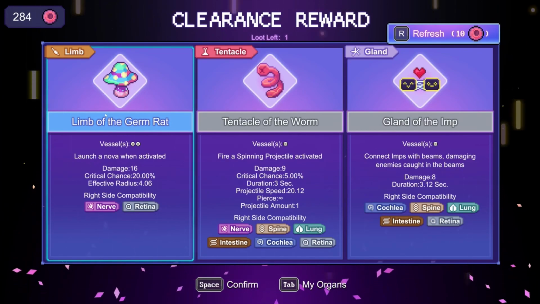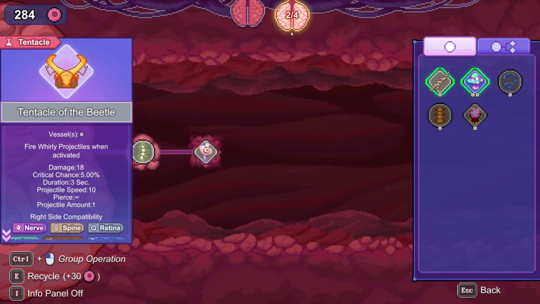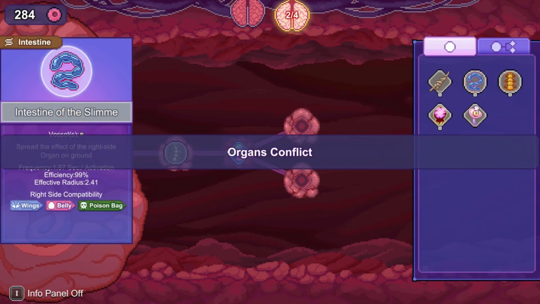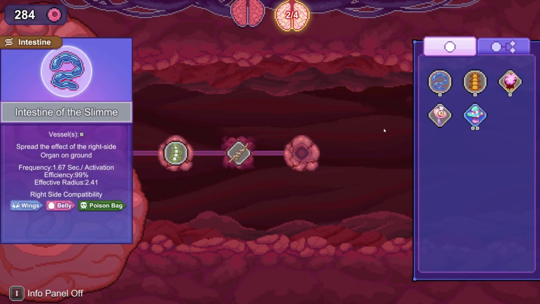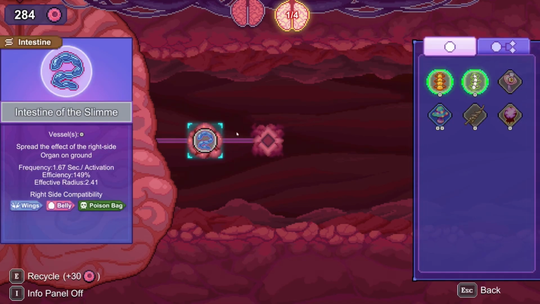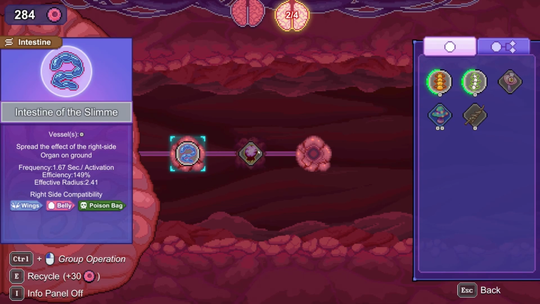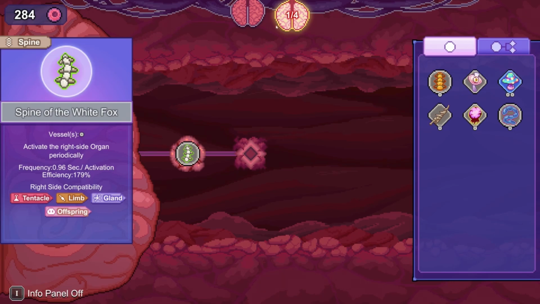This is really good. Germ Rat is amazing. Poison Bag's amazing. I'll explain the Poison Bag in a second. The reason I said that's amazing, right? If we're over here, if we deploy this, and we... Oh, I can't do that. Hang on, I might be able to do this with the intestine. I can't. Crap. Because what we need is, if we have this intestine here, as an example, when the poison bag were to trigger, this would essentially get the efficiency of this, which is insane. But that doesn't seem to be worth doing. I was kind of hoping...